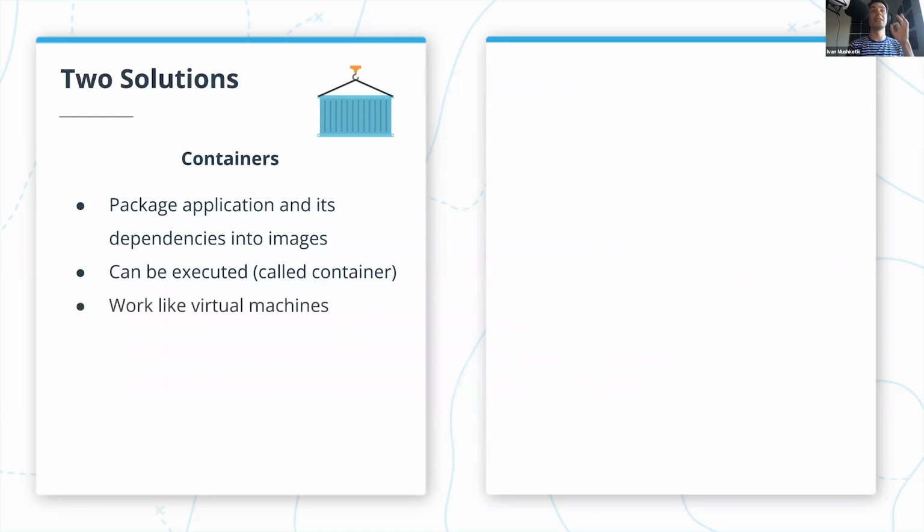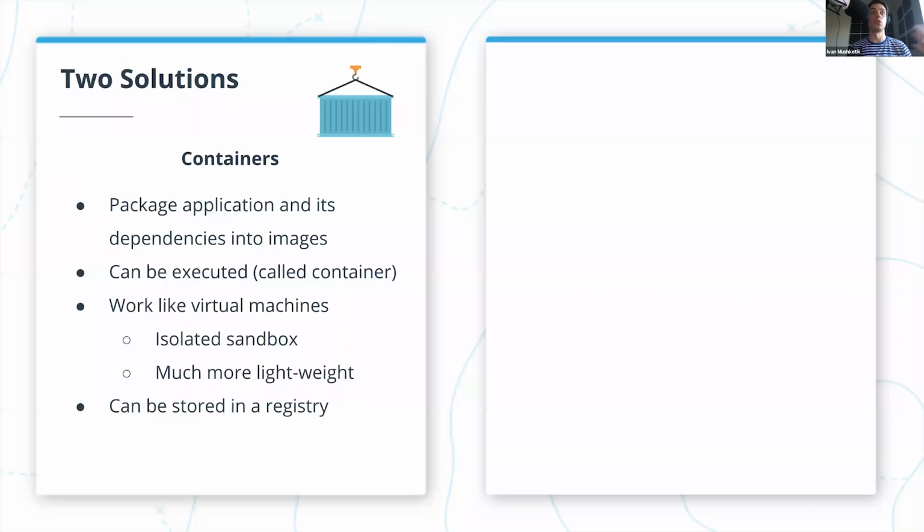Now, containers work similarly to virtual machines. When they run, they can reproduce an environment precisely for a particular application. We can run them on different machines, and they are isolated from each other. So it sort of works as an isolated sandbox for an application with all its dependencies. But containers are much more lightweight than virtual machines. And we also can share them. We can store them in registries where we can download them from. And the main implementation of images is developed by Docker. And Docker is a set of tools that allows us to work with images and containers.